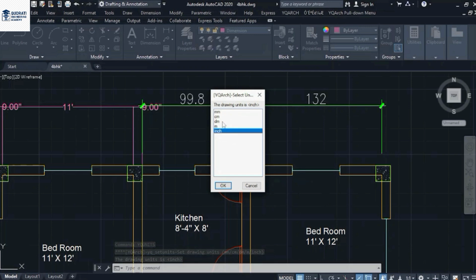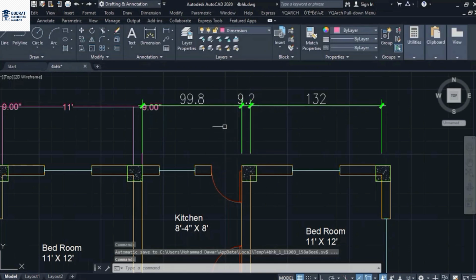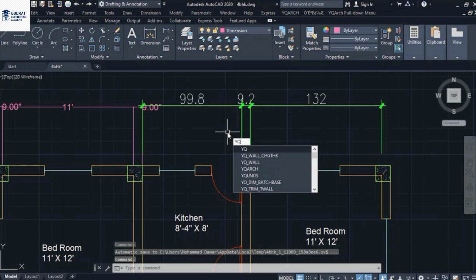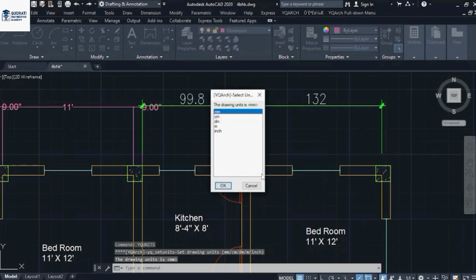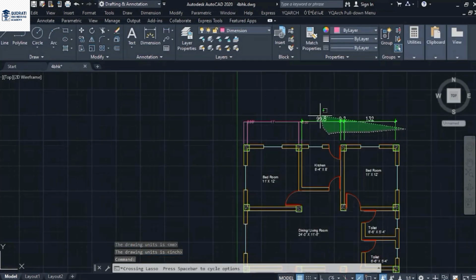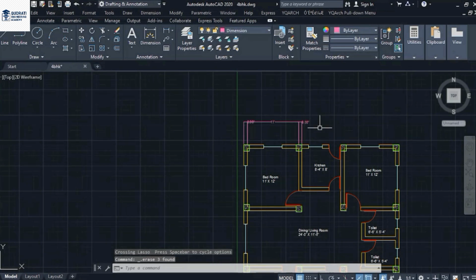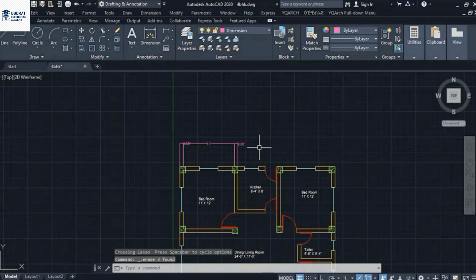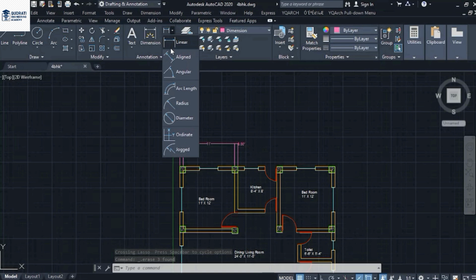The shortcut for the dimension by YQRH is DDZZ, and you should install this extension, otherwise you cannot use YQRH. YQRH is an extra extension for AutoCAD. You can download it from Google, just write YQRH download, and it's approximately 15 megabytes. You can download it and add it to your